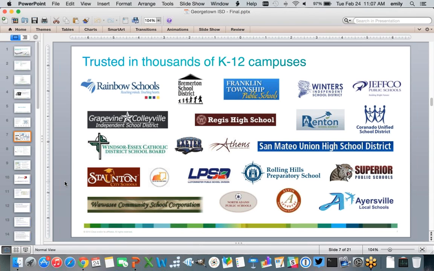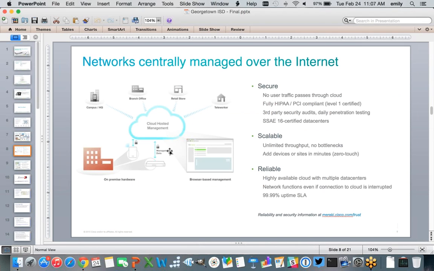We also are definitely open to having any of you reach out to us and ask for customer references. A lot of our current customers love to talk about Meraki, so if you want to reach out to any of these guys or want to get a reference for a deployment at a school, let us know. We'd be happy to put you in touch with someone who can speak to you about their Meraki experience.